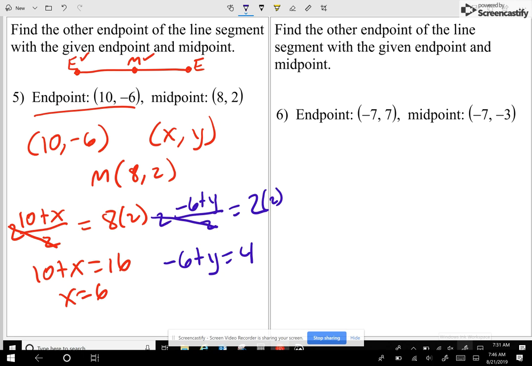Right? The last step is what you guys learned in Algebra 1, how to do the opposite operation of -6. So if -6 plus y equals 4,